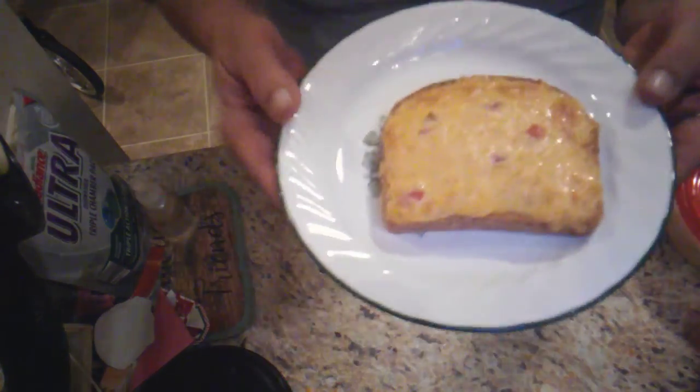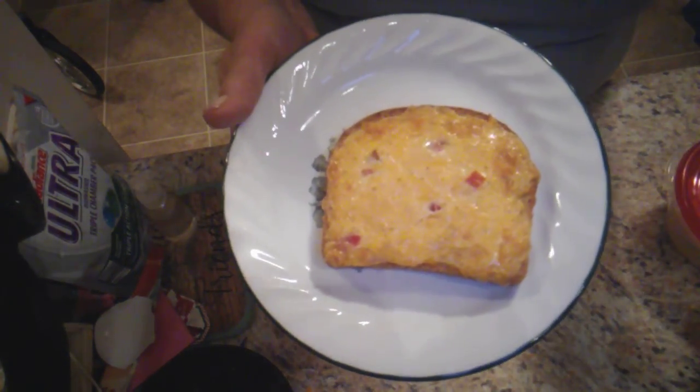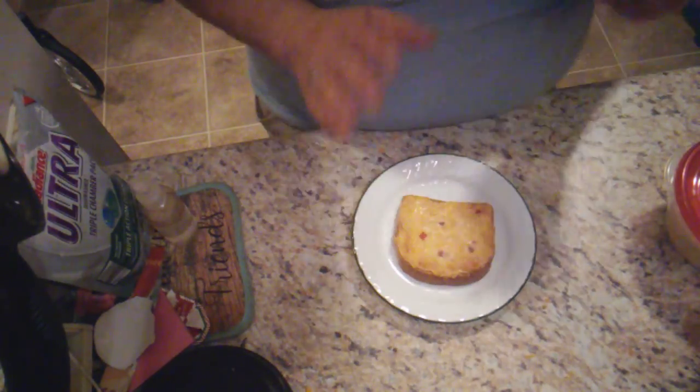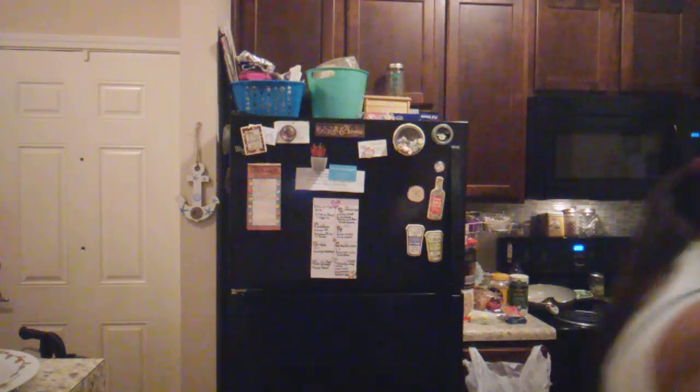Okay, I want you to look at this. Look how yummy that looks. The cheese is all melted. And, oh my gosh, I can't wait to taste it. Okay, we're going to give this a taste. But first, I'm going to put a little bit more pepper on top of mine. I know y'all must think I'm like queen of the hot, but